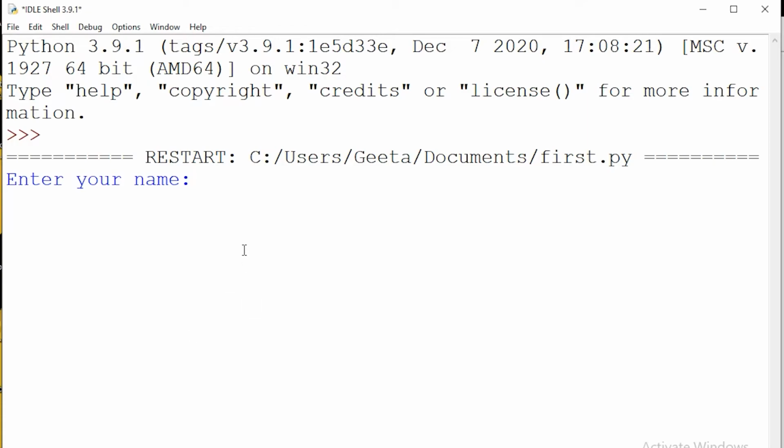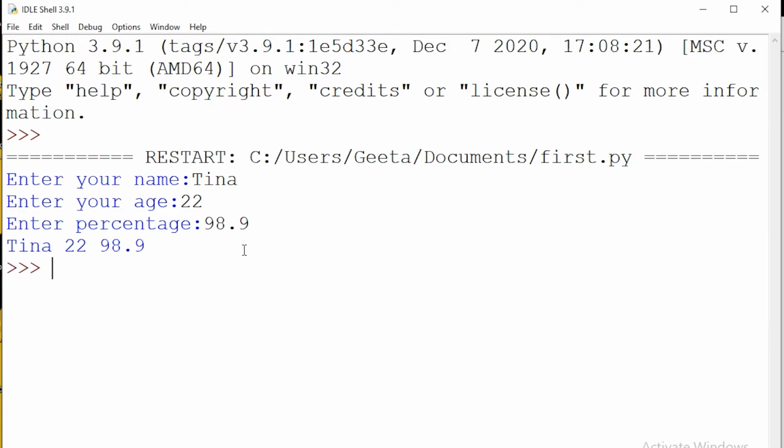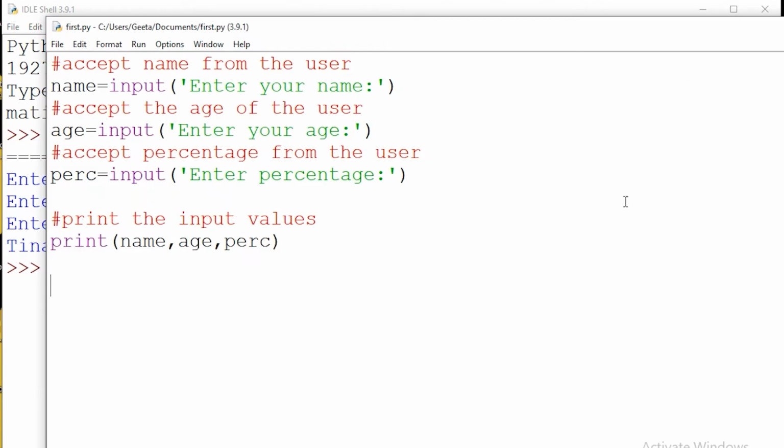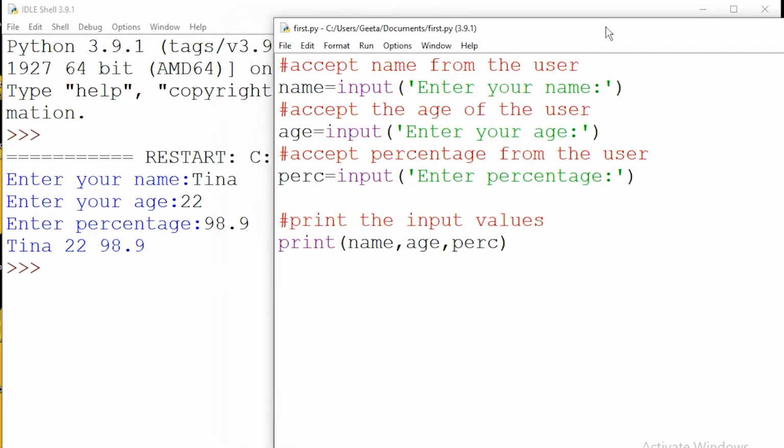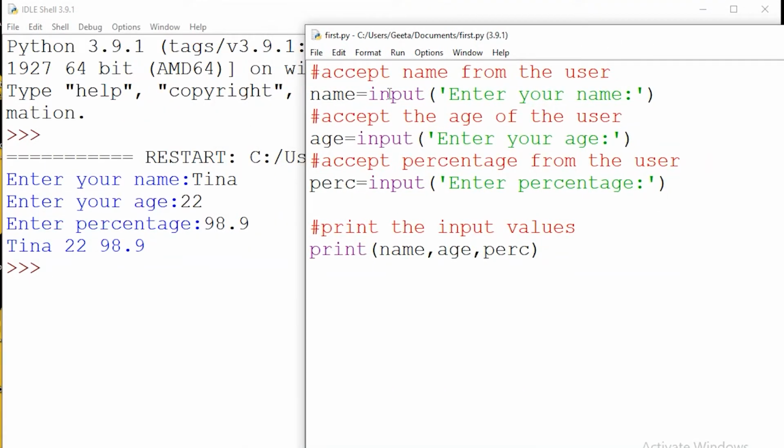The program is started. I'll enter name, I'll enter age and percentage, and whatever input I have given to the program will be printed on the screen like this. So let's understand this program, because the entire program is executed line by line.